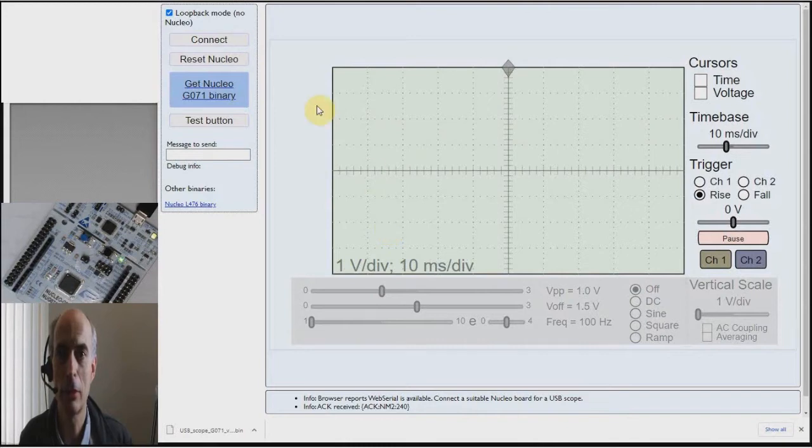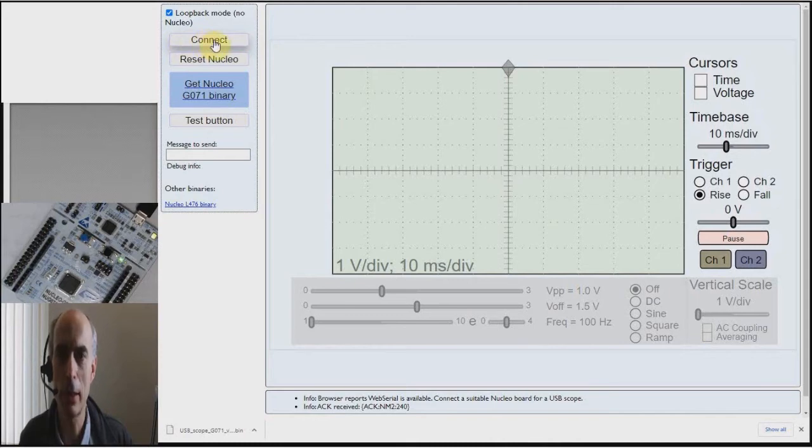However, if I connect it to an external Nucleo board, then I can get a real function generator producing a real sine wave going over a wire into a real analog to digital converter, converting the real data and displaying that on the screen. I have to connect the browser to the Nucleo board to enable that, however, and you